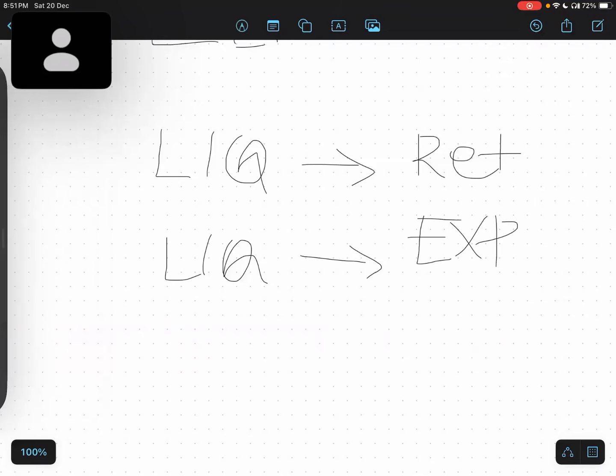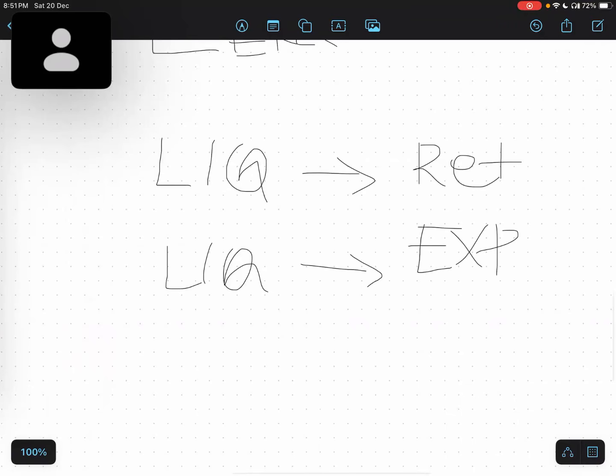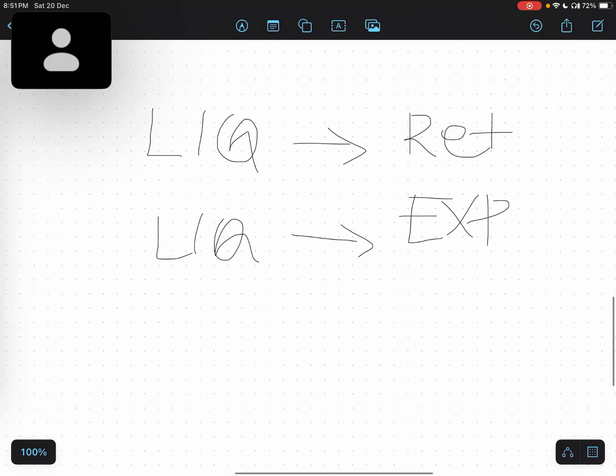Then you have a doubt. What is the difference between that? You're saying that the retracement move also takes the liquidity, the expansion move also takes the liquidity. Then how to differentiate the move? What is the expansion? What is the retracement? Clearly understand that